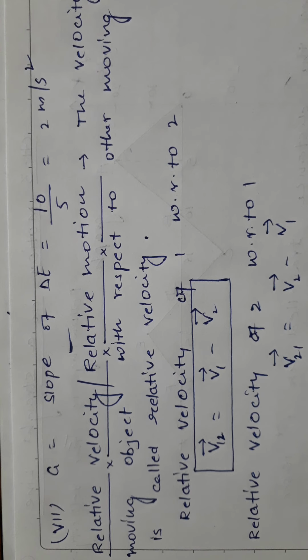Now the second thing is relative velocity or relative motion. Students, this is the last part of the chapter, relative velocity or relative motion in one dimension. We have done motion. I have defined what motion is. Motion is basically the change in position of one moving body with respect to the other. I told you in the beginning that motion is a relative concept.